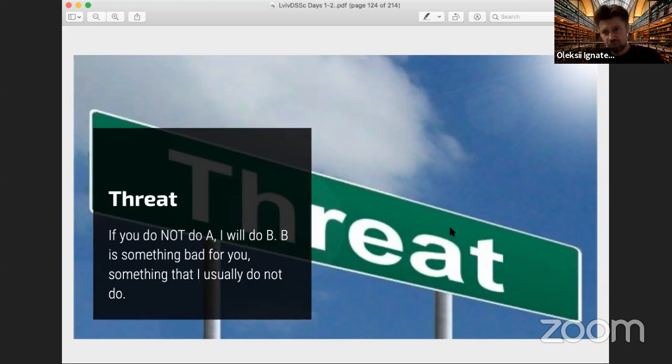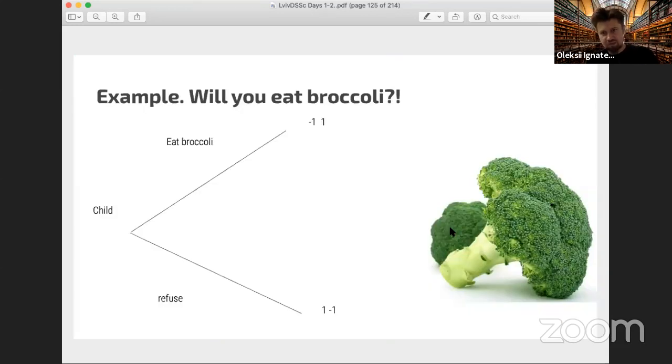So I say you do A. If you do not do this that I want, then I will do B. Well, let's consider this as a simple example. We have a child, and this child doesn't want to eat broccoli. So parents try to